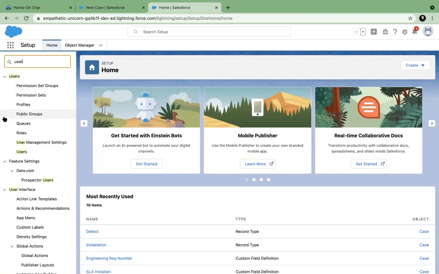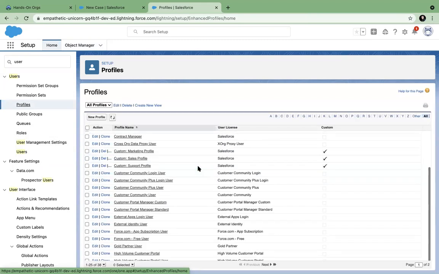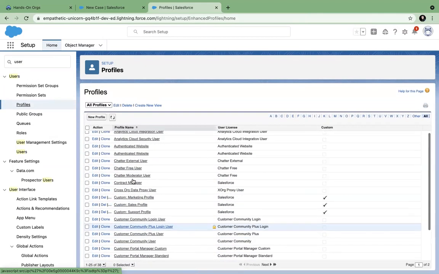I will go to user. Sorry, I will go to my user. My user is system administrator. So I will go to profile. Here I will go to system administrator.